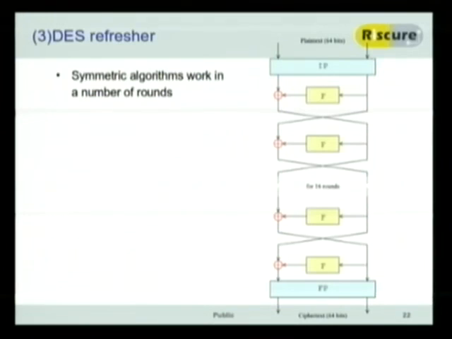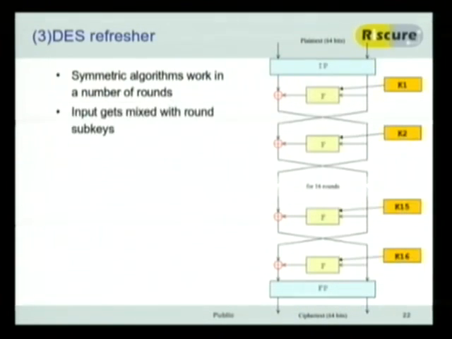As you may know, you send in plain text, it does some kind of permutation, and it goes through this Feistel scheme, and then the answer comes out. Now that's great. And in every round, it mixes a round subkey. Now we're interested in these, because in the case of DES, if you have 2 round subkeys, you will actually make up the full key that you're looking for.